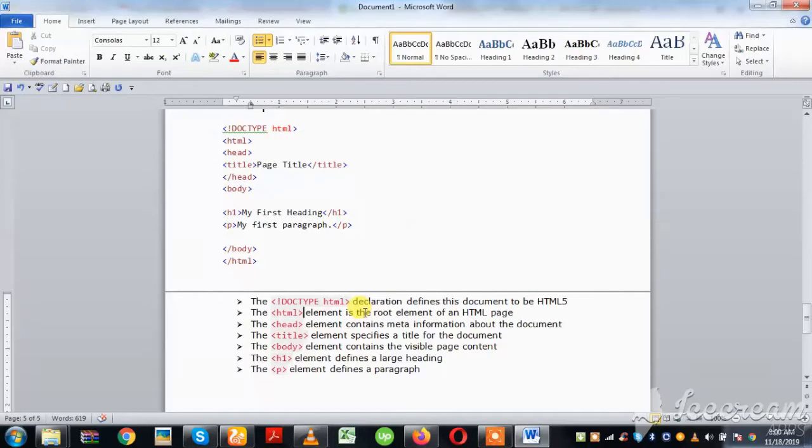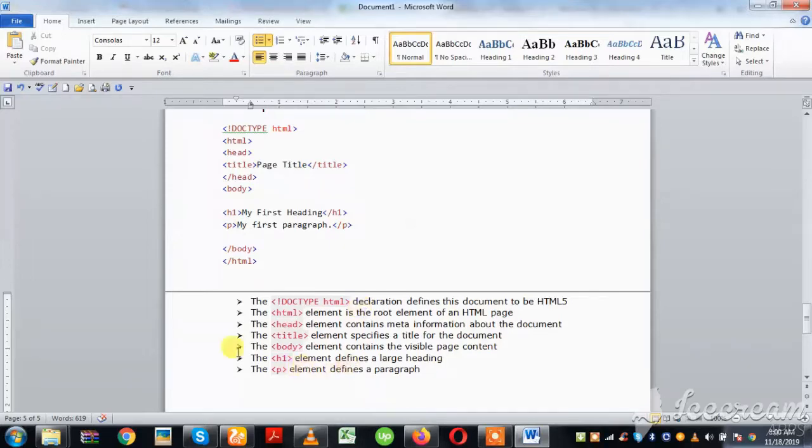The body will contain the visible page content. H1, remember we can have H1, H2, H3, and so on. H1 defines the largest heading, H2 is smaller, H3 smaller still, and as you go down,